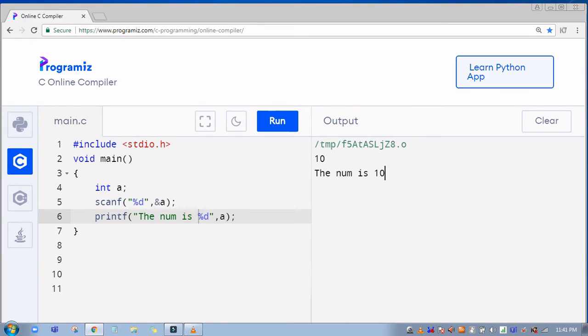Okay, now I'm going to take another integer variable, a comma b. Now next line I'm going to use scanf again. As we all know, this line, the sixth line, you have got the input of the integer variable b.